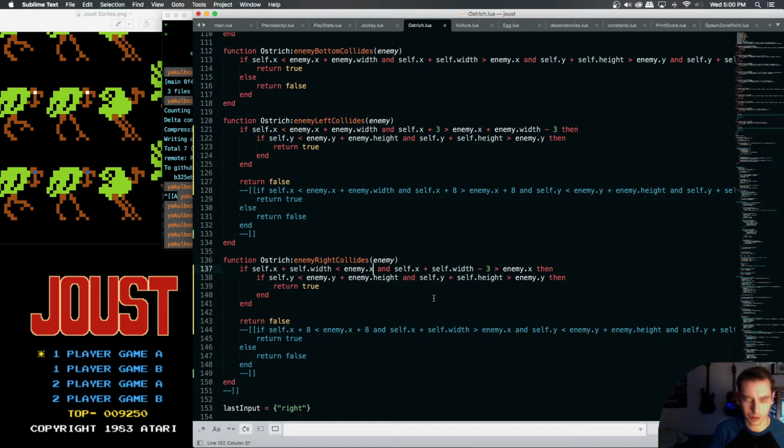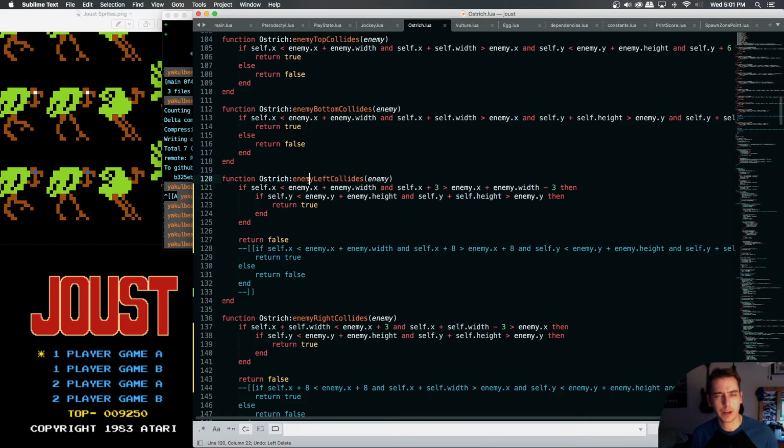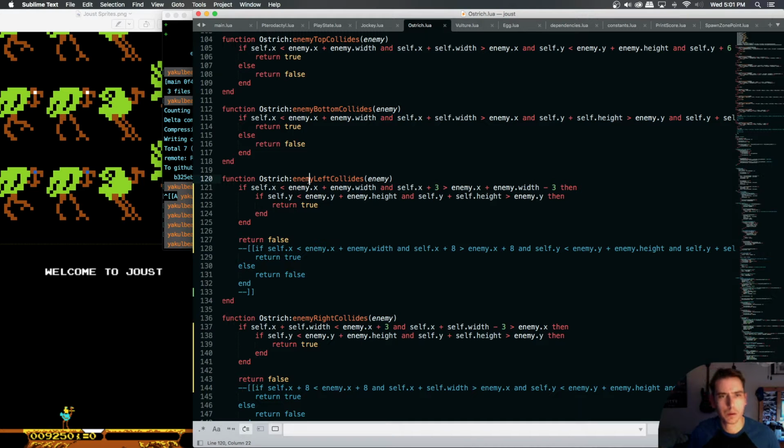I have this wrong. If we're checking for an enemy left colliding... Why is this so hard for me to figure out? An enemy left colliding